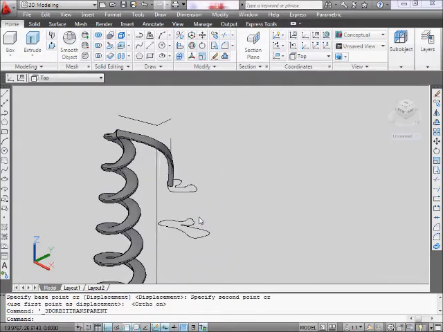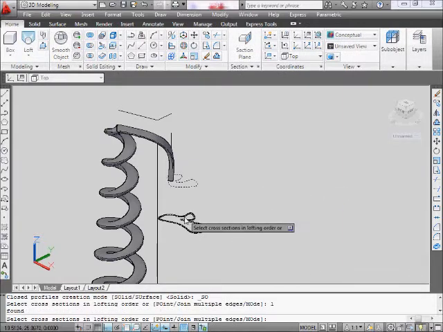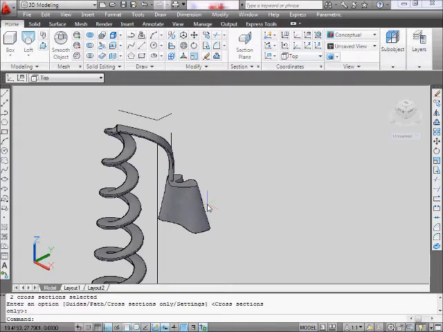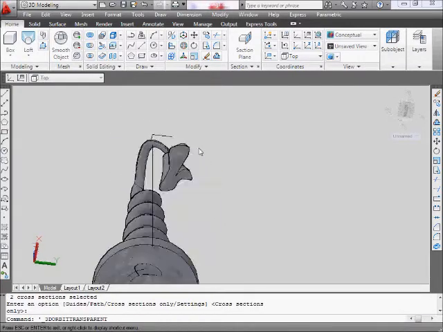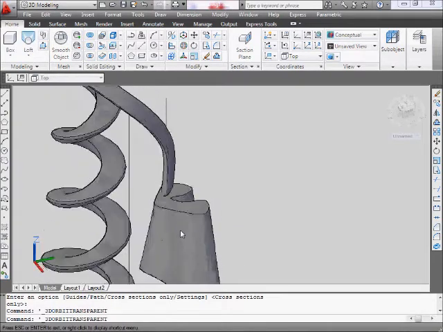And what we're going to do is use the loft command. Loft, select this one, and I select this one, and click enter. That's actually my lamp design. Of course, it's full, it's solid. There's no empty spot for the actual lights. We'll show you how to shell it later